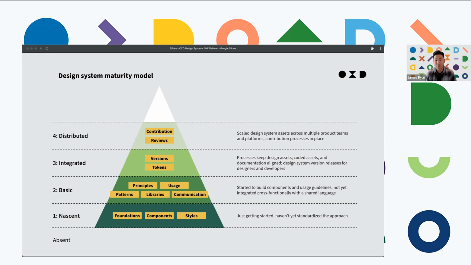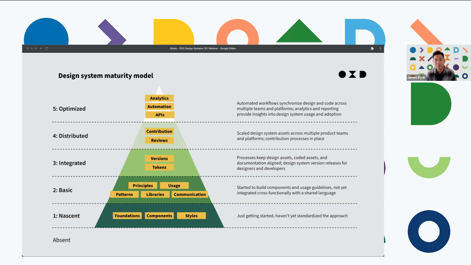And now people can contribute to the design system. Your governance processes have had some more work and your documentation is pretty solid. Then the last step is optimized. So this is really where the machine is really well oiled, right? Now you've got automation in place. Some companies have it so they can output components once and it automatically does it for all of the platforms